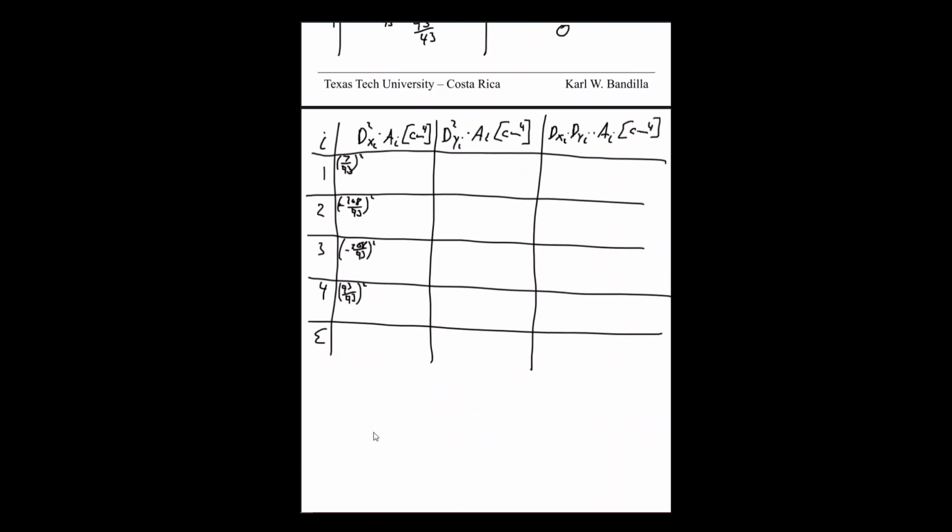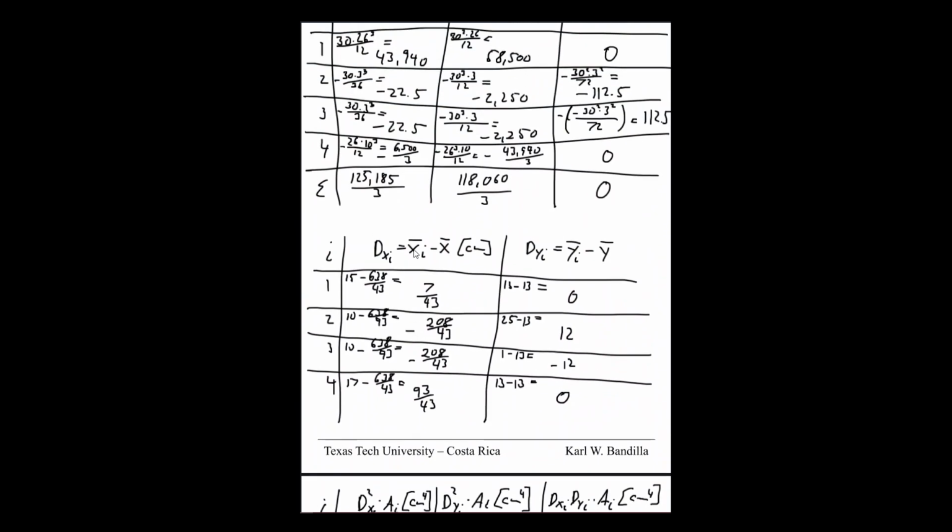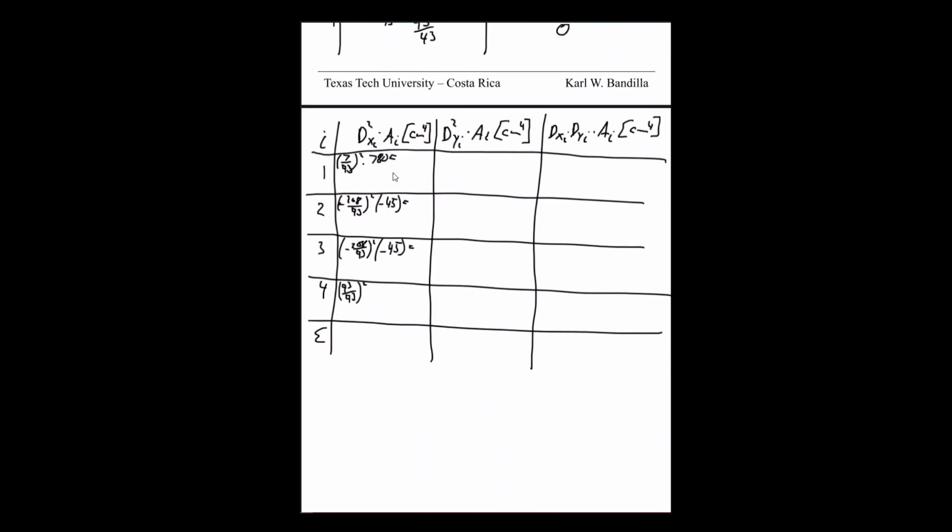780 times 780, minus 45, minus 45. And then for the fourth one, where's our area? Minus 260. Minus 260. All right, so for dy,